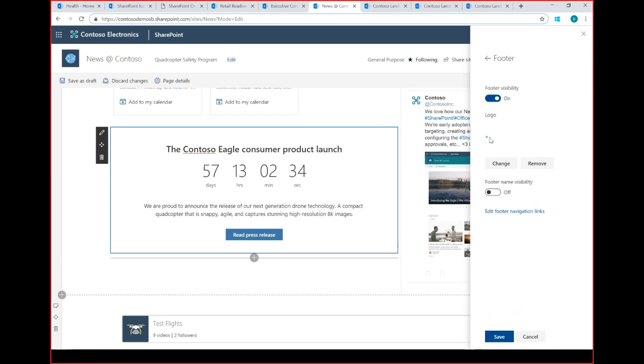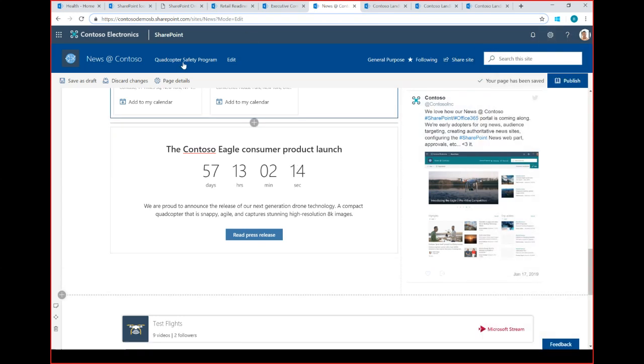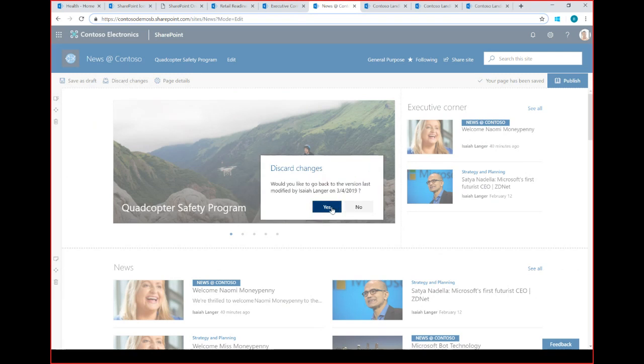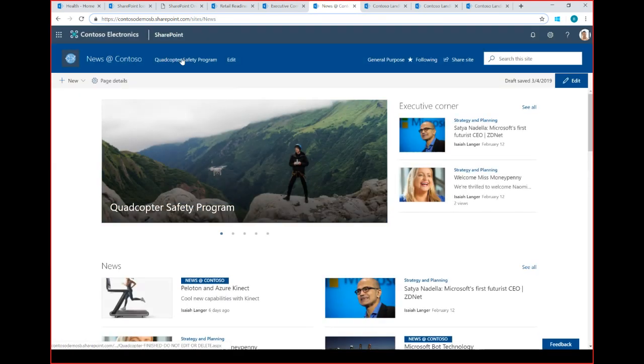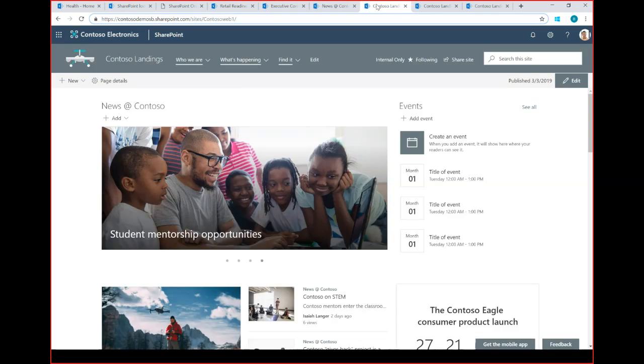We saw being able to add the custom header. I can also bring my custom footer in and choose how I want that footer to be laid out as well. But one of the great things is I can choose my navigation. So I can have a traditional cascading menu, or if I want it, especially if this is a hub site, for example, I could choose to bring in our mega menu to the page as well, right? So if I've gone ahead and set that, you'll see that when I come back here and refresh this page,